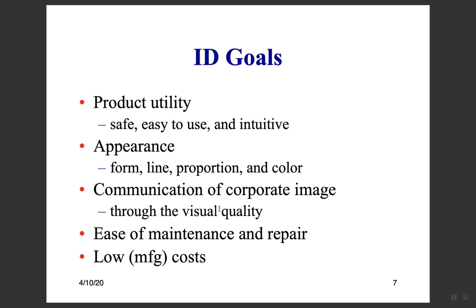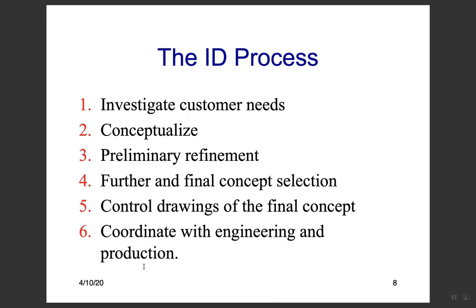Okay, and then next is ease of maintenance and repairing. Of course, easy to repair, easy to maintain, and low manufacturing costs. And what's the ID process? Actually, this is almost the same as what you have learned from chapter 2 until chapter 6, which means from week 2 until week 6, we start with investigation of customer needs and industrial needs,